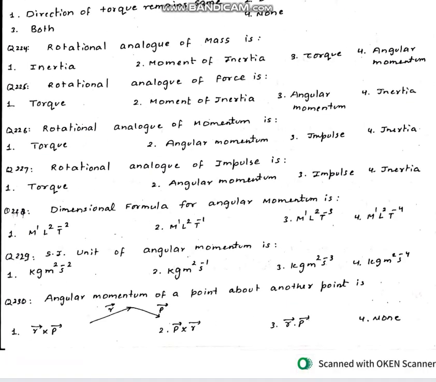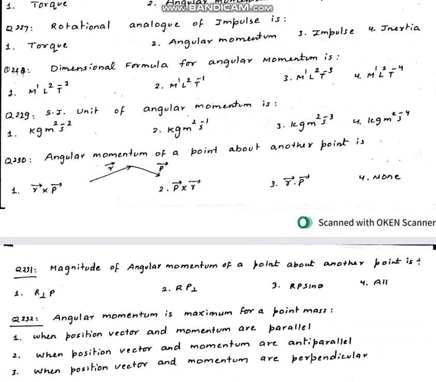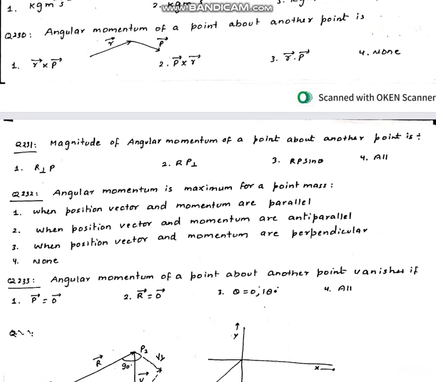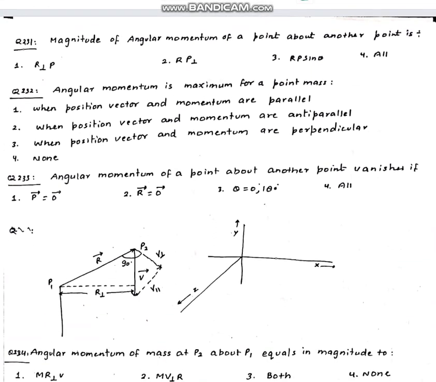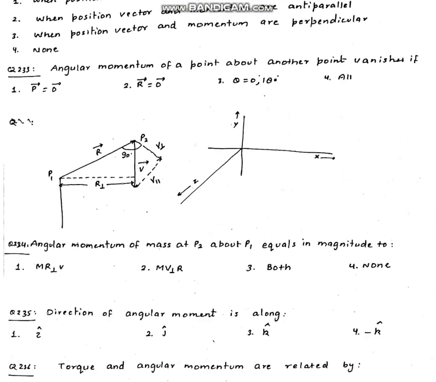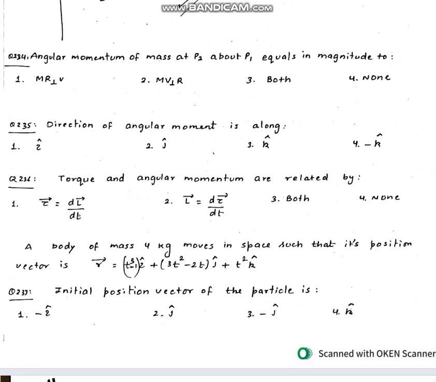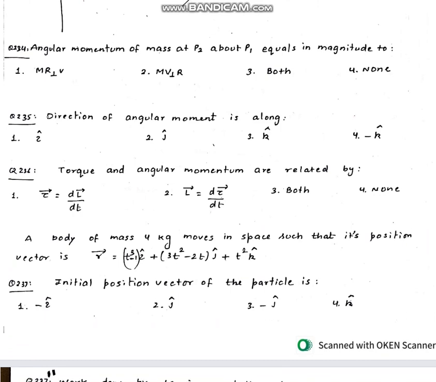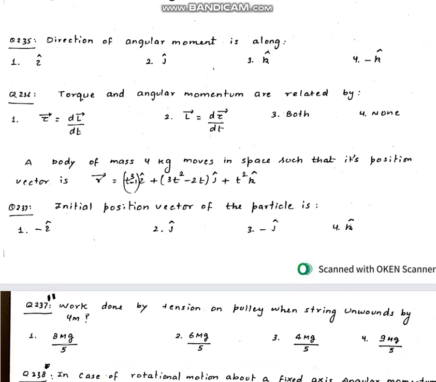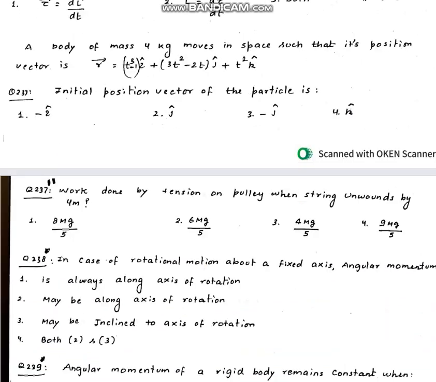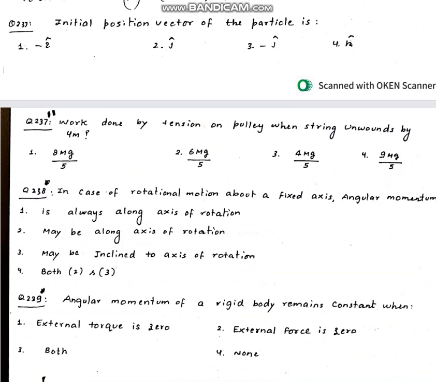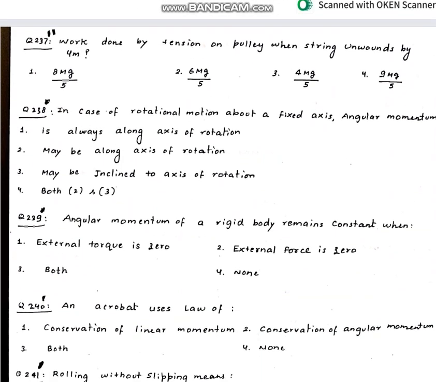Then we are asked the rotational analogues of mass, force, momentum, impulse, then the dimensional formula of all of these. Then angular momentum, its magnitude, conditions for maximum and minimum. Then angular momentum magnitude, then direction. Then we have torque and angular momentum. Then we are given a mass and position vector. We need to find the initial position vector, work done by tension,